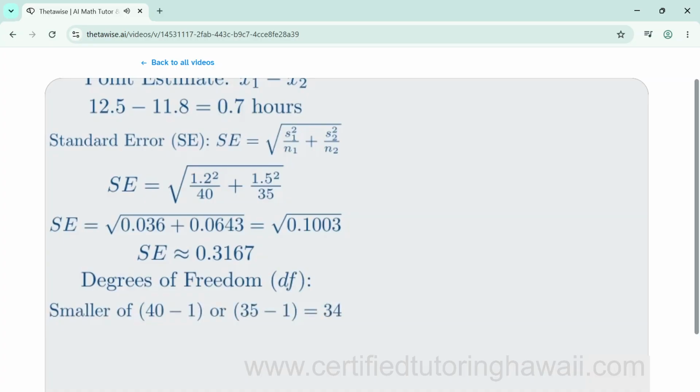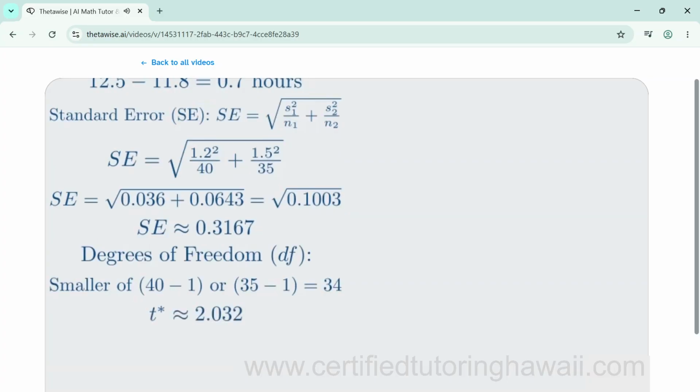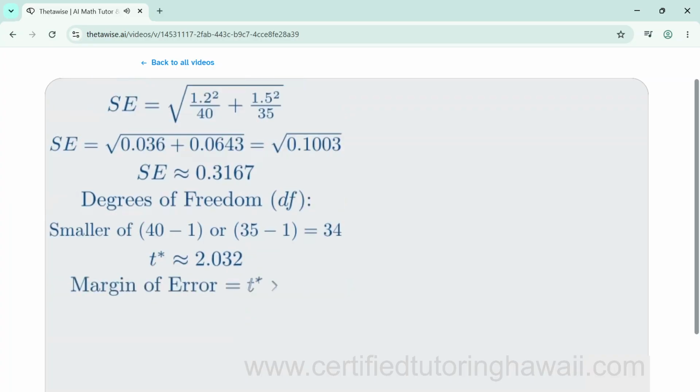If you look this up in a t-table or use the inverse t function on a calculator, for a 95% interval with 34 degrees of freedom, we get a t-star of approximately 2.032. Now, let's find the margin of error. Finally, we construct the interval by taking our point estimate plus or minus this margin of error. Our interval is